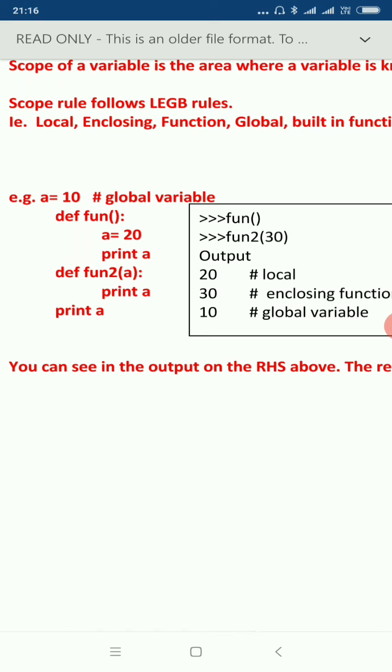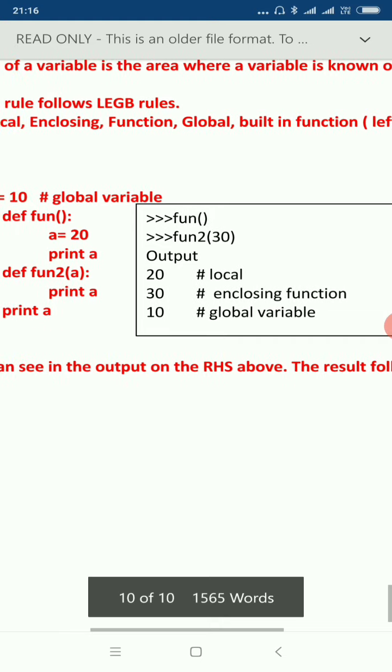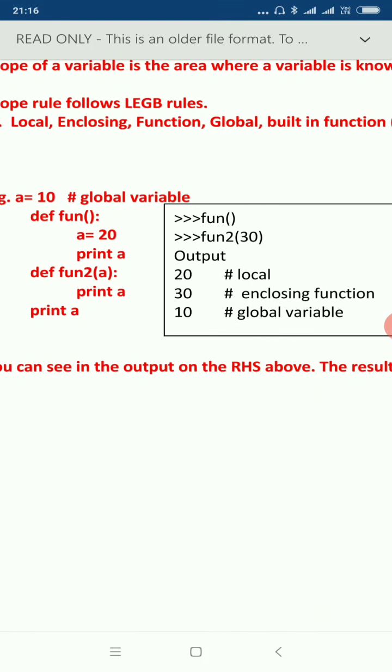It means that when you use different variables, whether you assign the values or display the values of these variables, the first preference is given to the local variable, followed by the enclosing function variable, then the global variable, and last the built-in function.